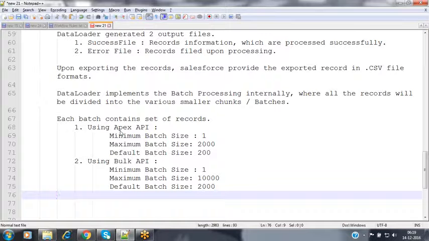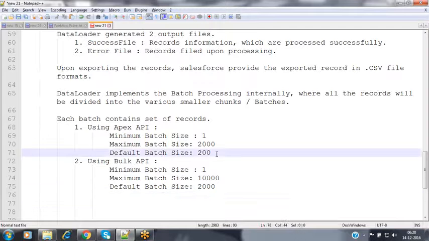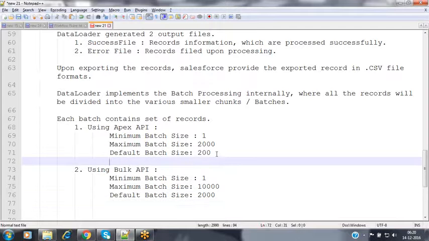Here, data loader is internally implementing batch processing. Instead of inserting all the 50 lakhs records at a time, it is dividing the whole records into various smaller batches. Each and every batch is called a chunk, and the chunk will have some set of records inside that. It depends upon the API it is using internally by default. If it is using Apex API, then at that time the batch limit will be 1 to 2000.